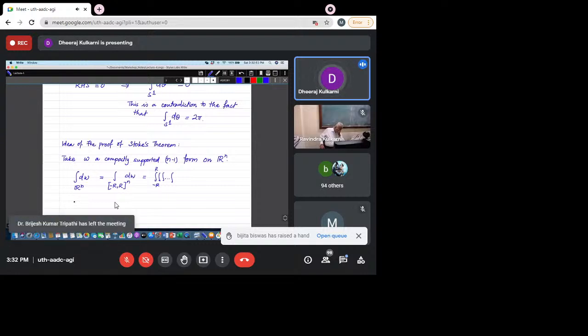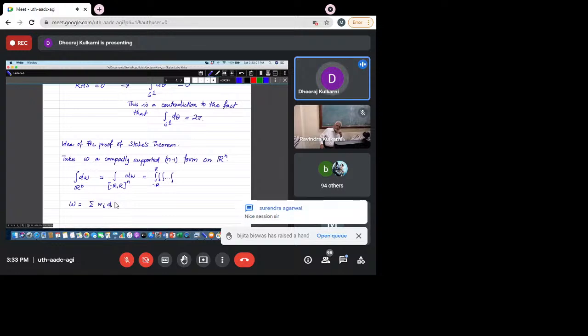So omega will be the summation of small omega i, and dx1 wedge dx2. The dimension of the space of n minus 1 forms at any point is